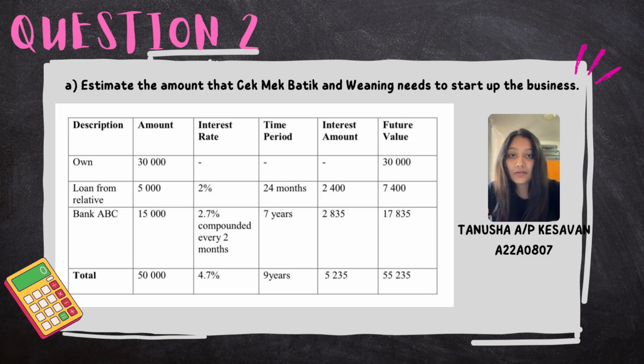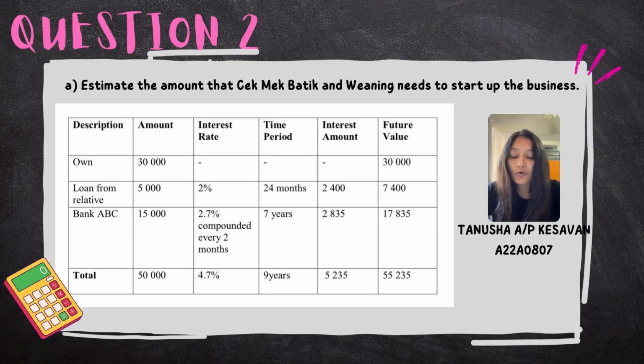Secondly, loan from relative, the amount was 5,000, followed by the interest rate 2%, and time period was 24 months for loan from relative, and interest amount will be 2,400, and the future value was 7,400. Lastly, Bank ABC, the amount was 15,000, followed by the interest rate 2.7% compounded every 2 months, and the time period will be 7 years, and the interest amount will be 2,835, and the future value will be